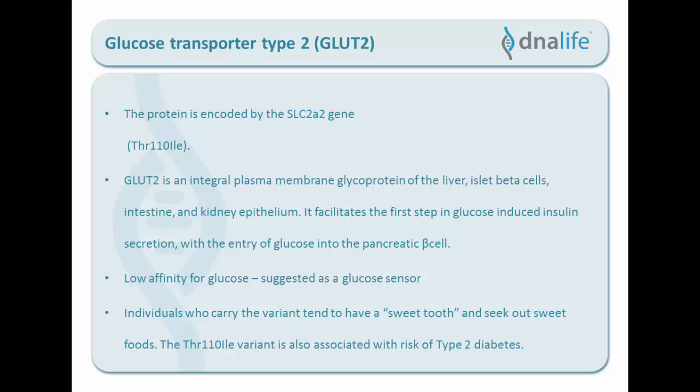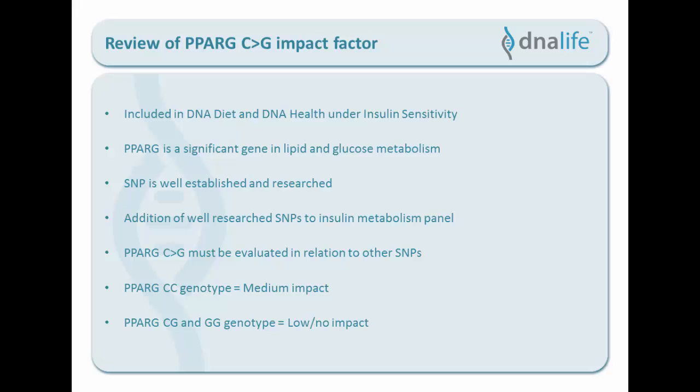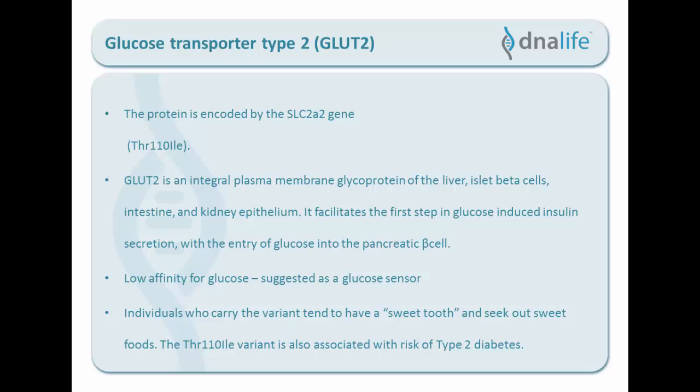And so with the variant, the risk of type 2 diabetes does increase. And so where you see the variant, it is important to stress decreasing total carbohydrate intake, specifically around your high GI and highly refined carbohydrates. Okay, so that's the gene that we have added now to the insulin